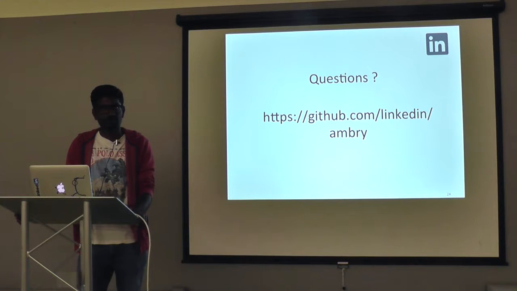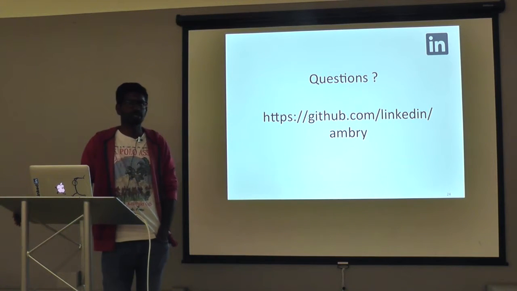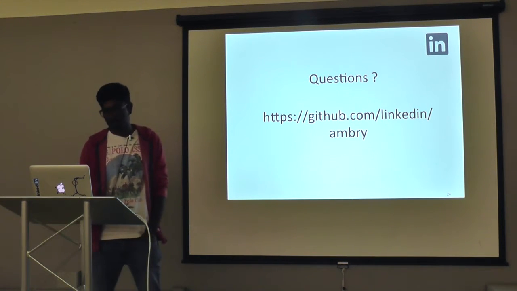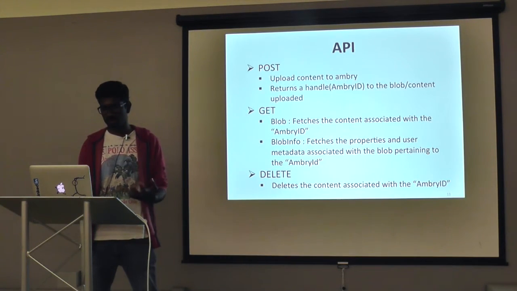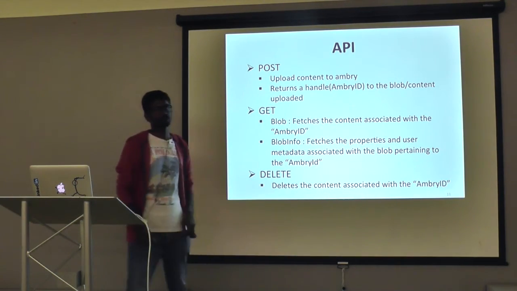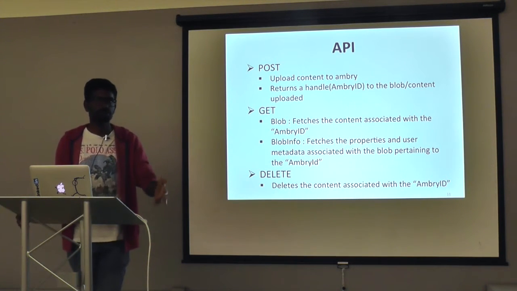There is no concept of expiring by default, but you can configure it. I didn't mention that. During upload, you can add an expiry to it. Another thing is the ID: we don't specify the ID to store an object. So how do we retrieve based on the ID created by Ambry? If you see here, during post, we return an ID for your content, and then you use that ID during your get or delete. It's a unique identifier for the content you upload.